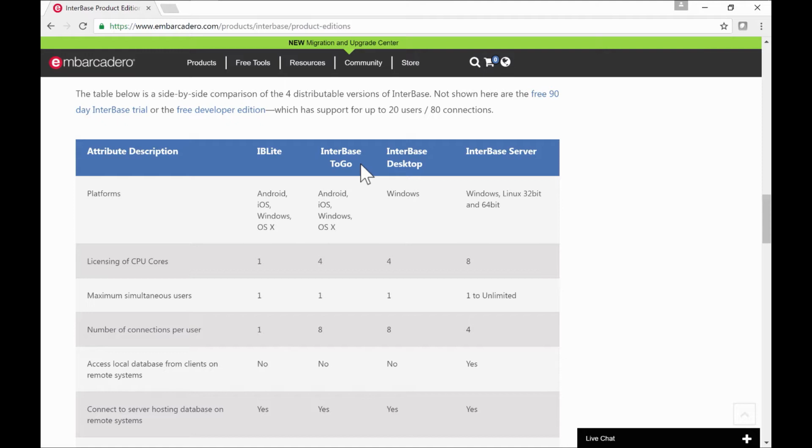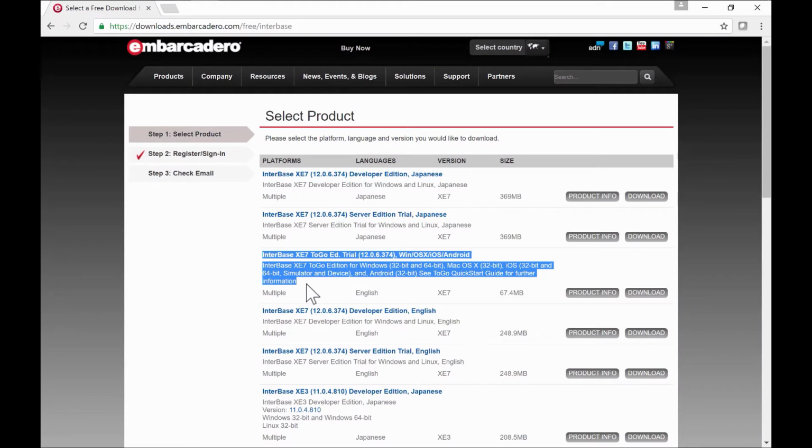So that's very cool. You can also download a free 90-day InterBase trial or the free InterBase Developer Edition, which is included in your RAD Studio, which has support for up to 20 users with 80 connections. You can download a free trial of InterBase ToGo from the Embarcadero download page to use in a RAD Studio